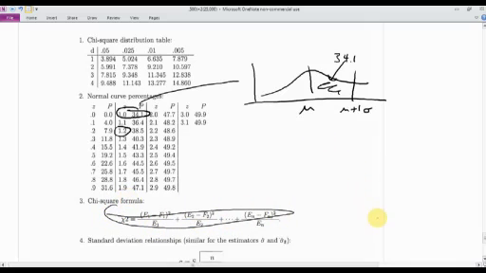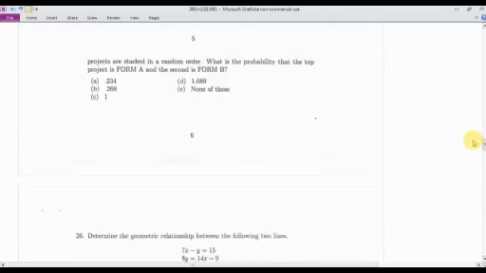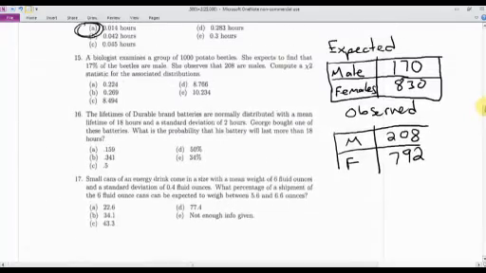Okay. Which says take your expected minus the observed. I forgot why they use F. I don't know. All right, we used O. So expected minus observed over expected. So we're going to use that formula. I'm going to go back up. Okay, so let's go ahead and do this. We get